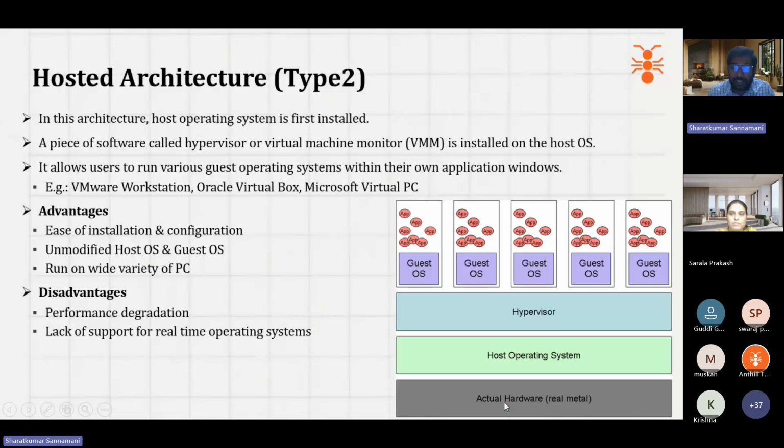It also has the same actual hardware. Actual hardware means, as in our first diagram, the big machine or big server that we call the actual hardware, or sometimes bare metal in technical terminology. On top of this hardware, we have a host operating system, which runs this hardware. On top of it, we have a hypervisor, what we call a virtual machine monitor, which is software installed on this operating system.